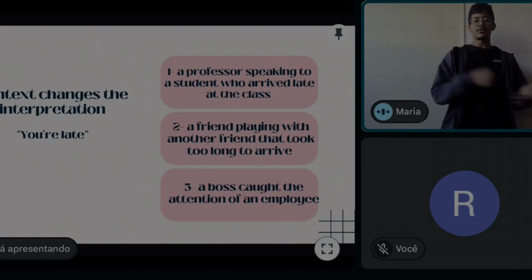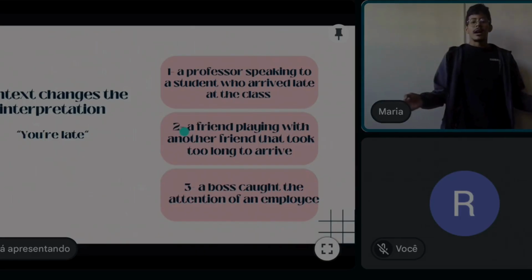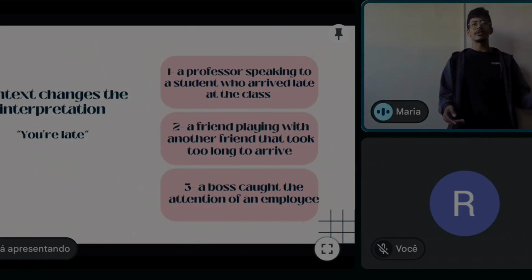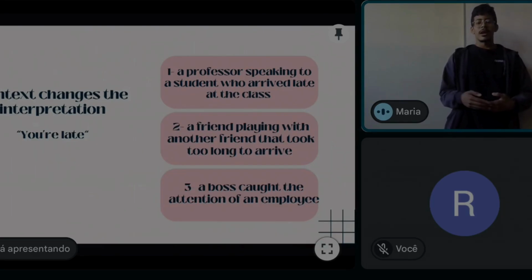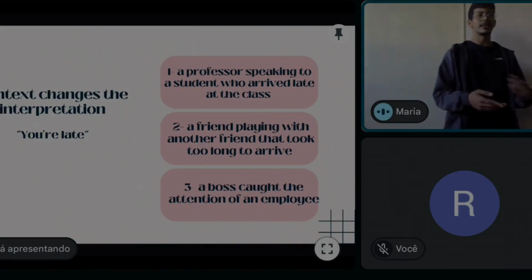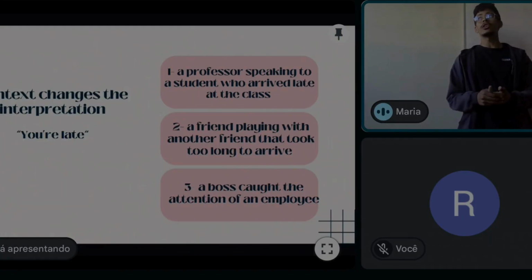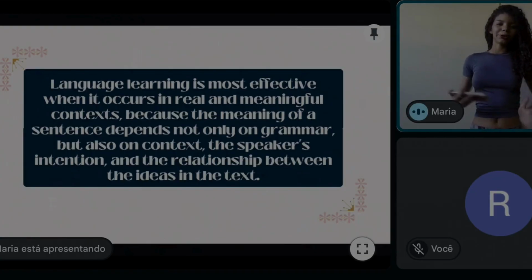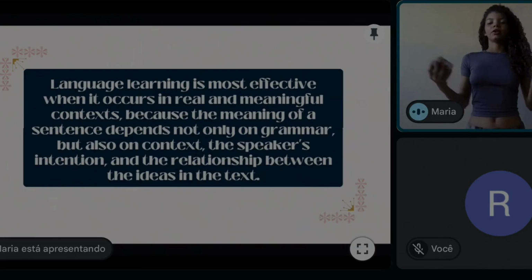A friend is playing with another friend, and he says, "You're late." This can be seen as a joke, again depending on the way the person is talking. A boss calls the attention of the employee, saying he's late. This can be seen as a warning. Maybe he will be punished for being late. All these are examples of context shaping the interpretation of phrases. So, the learning process is more effective when you give a meaning and when you connect phrases and words